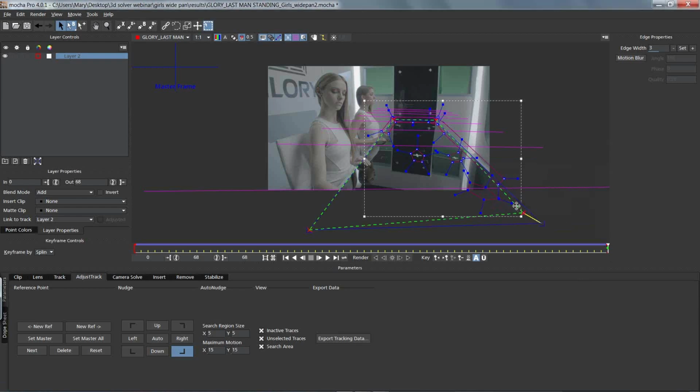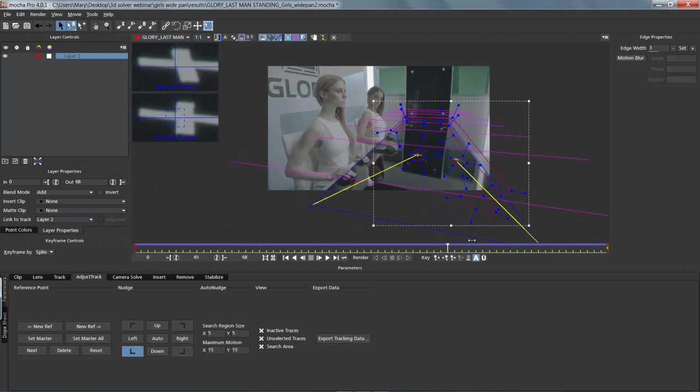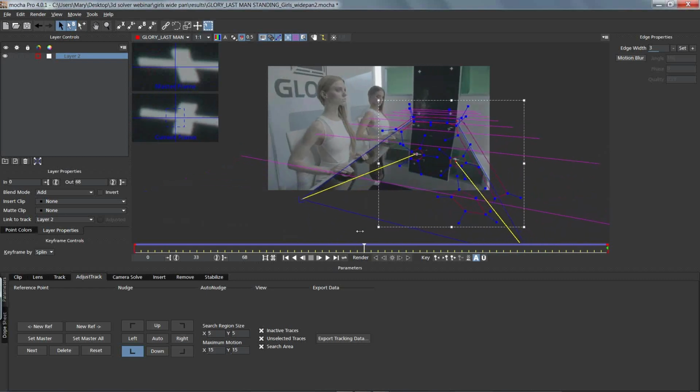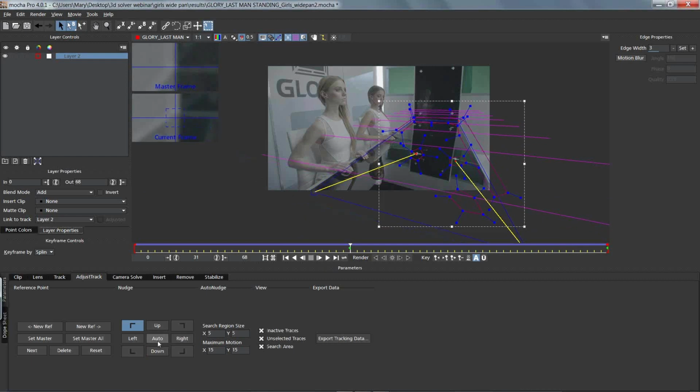Alright, so we're going to continue this by finding the next reference points. In this case, I'm going to grab probably this corner here, and I'm going to come over here and I'm going to grab this corner here, and we're going to use these as all 4 reference points. I'm going to come over here and I'm going to hit Set Master All, and what this is going to do is make these my reference points. So now what we do is we look for where it's starting to go off. So let's look for the main arc of where it's going off. So let's correct it here, and let's just hit Auto here,